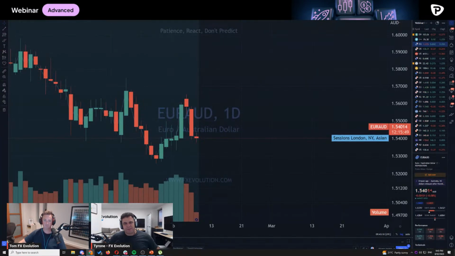But if it's not with you, but the big money is, and you see a setup like that, don't be afraid. Don't look at the sentiment indicator and say, oh my God, everybody's short the Euro USD, I've got to go short because that's what the indicator says. Because generally that's contrarian. So make your own decisions and go with the big money is what we're trying to say here.